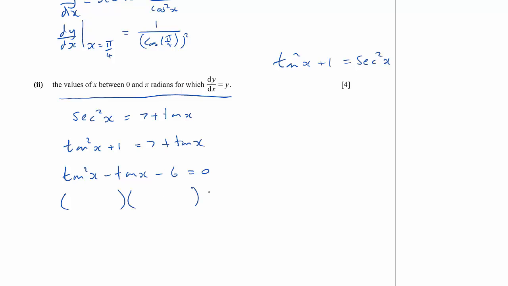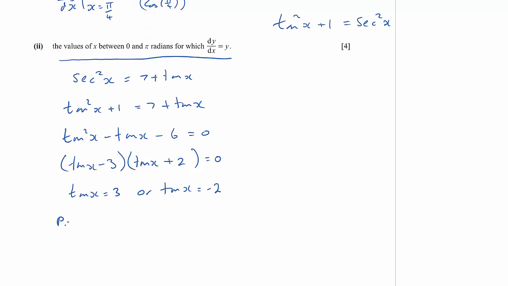So that would give us tan x take away 3, tan x plus 2. So tan x is equal to 3, or tan x equals negative 2. Okay, so we just need to solve each of those. So let's go for a principal value here. So the inverse tan,